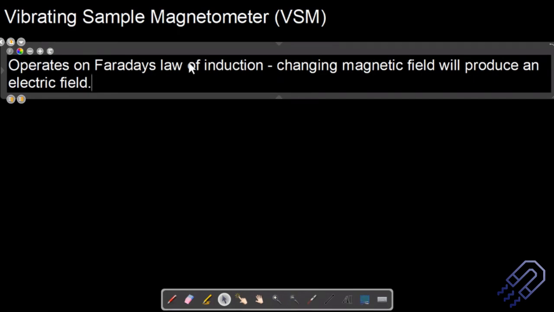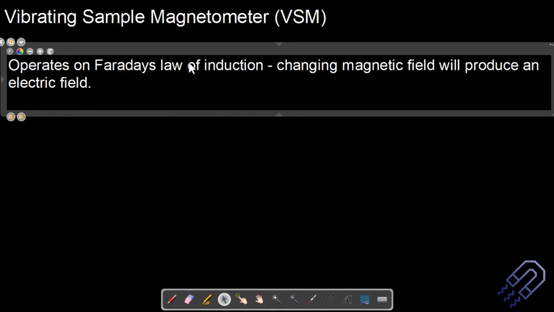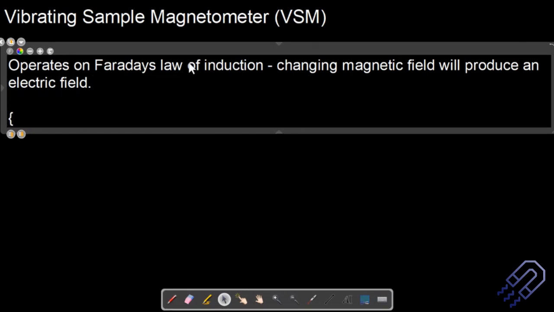From Faraday's law, we know that if there is a change in magnetic field, it will produce an EMF, so there will be an electric field associated with it. I can give a note here, and this is again important to understand. If there is a change in magnetic field, EMF would be induced. That's nothing but potential, since it has unit voltage. The magnitude of the induced EMF in a circuit is